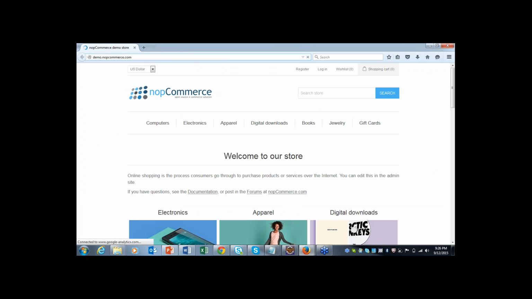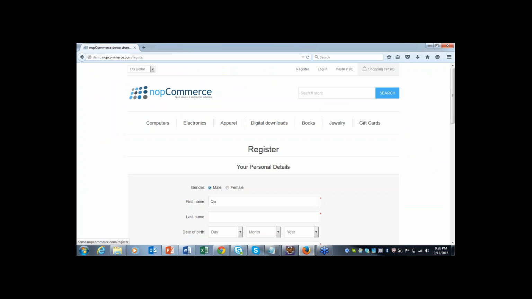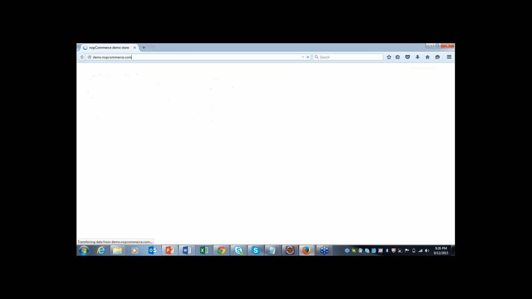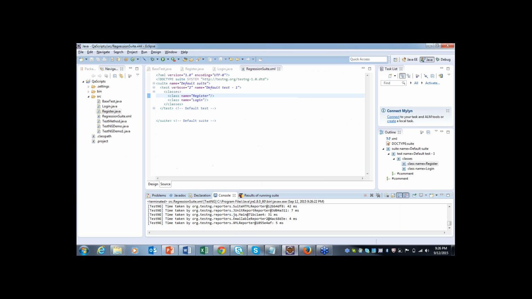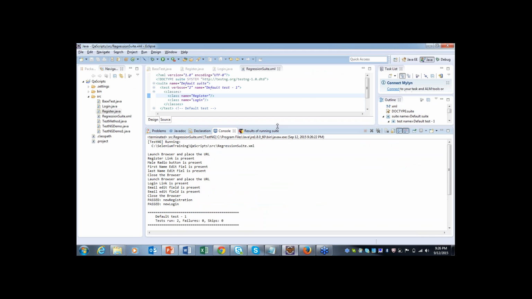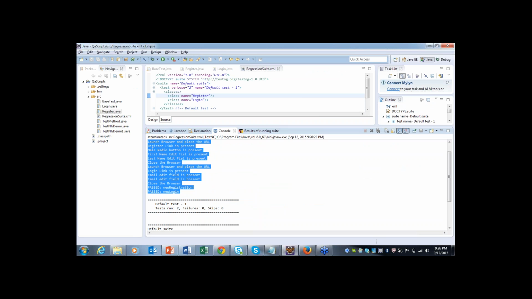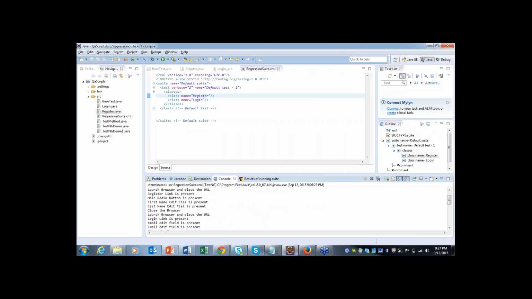So the script execution started. Paste the URL, click on registration, enter the first name, password, yes. Now close the browser, again it launched the browser, click on login, enter the username and password so quickly. If you look at the report, two tests have passed, no failures, no skips, and all the messages have displayed successfully. So this is how you can use TestNG in order to run the script